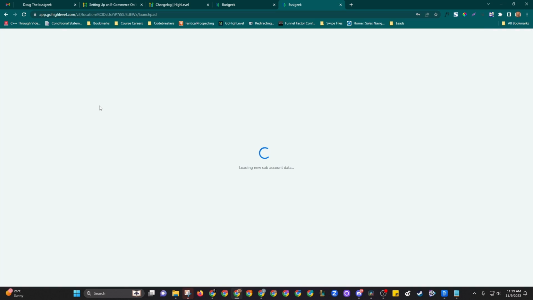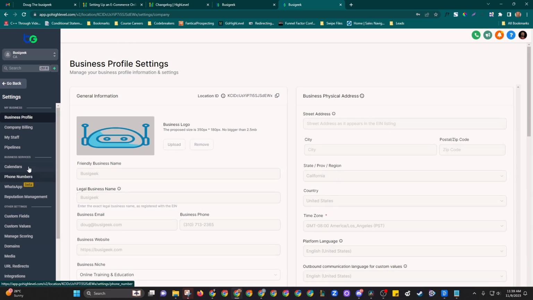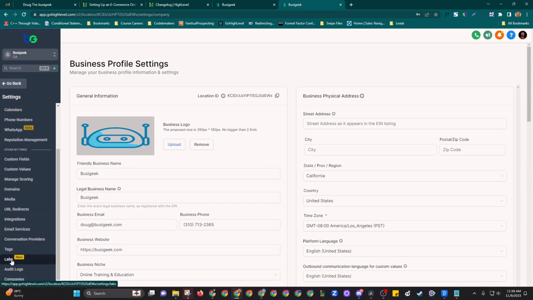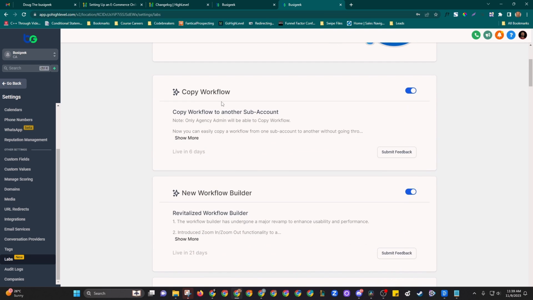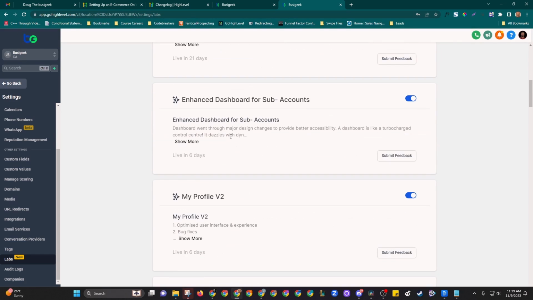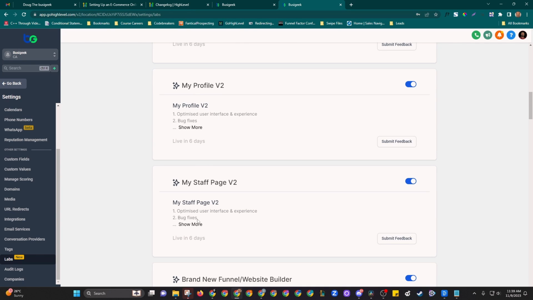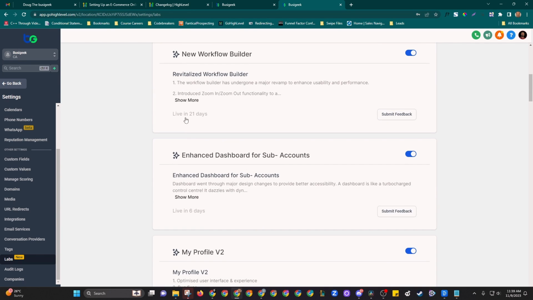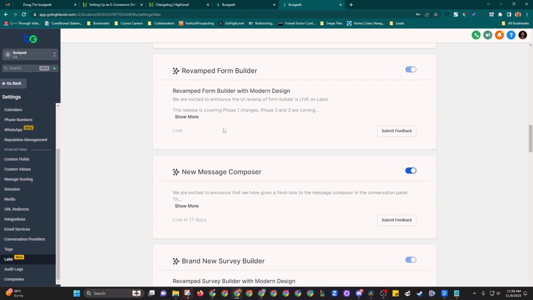You're gonna go to your sub account, and after you're done going to your sub account, you're going to click on settings, and on the left here, you scroll down to labs, and labs is all the new features. So they have the copy workflow, the new workflow builder, enhanced dashboard. I think these things are new too, but they're not live yet. It tells you when they're live, right? But right here, the new form builder